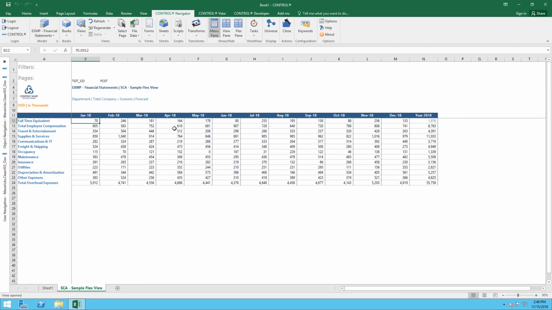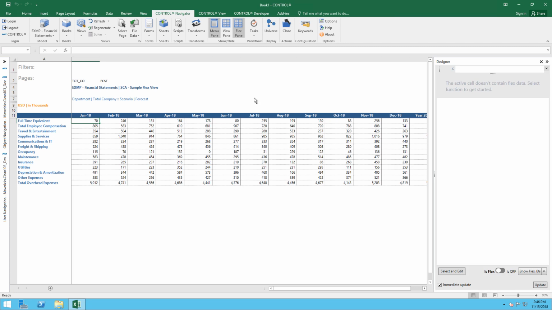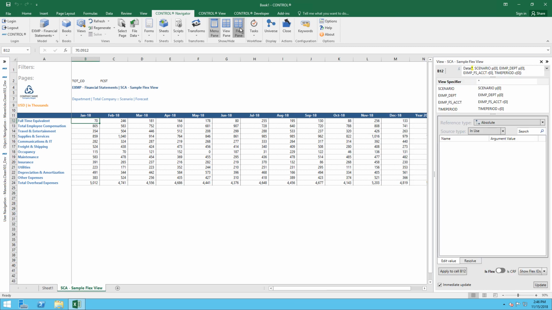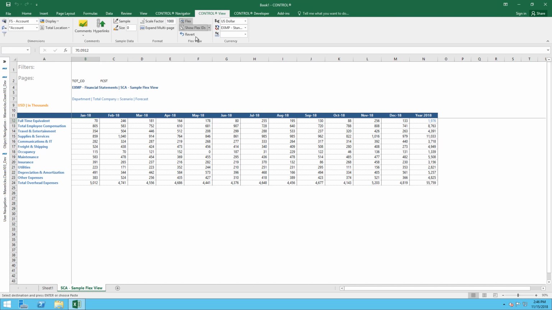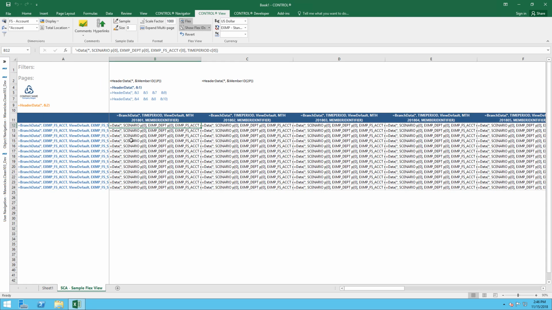So, let's say I've got my flex pane, or I'm sorry, I don't have my flex pane. Let's say I am showing my flex IDs, and I want to be able to update the time period definition,